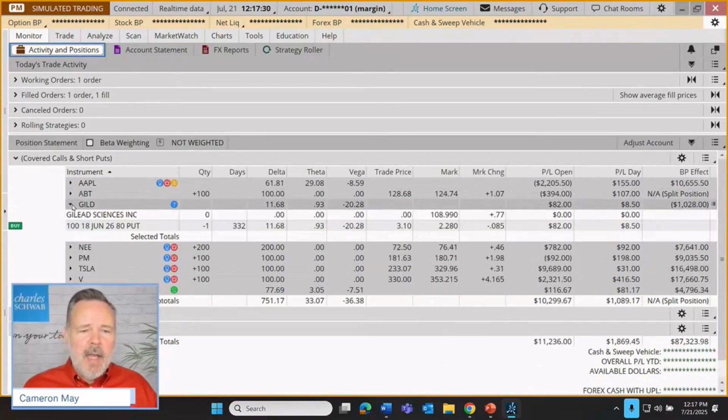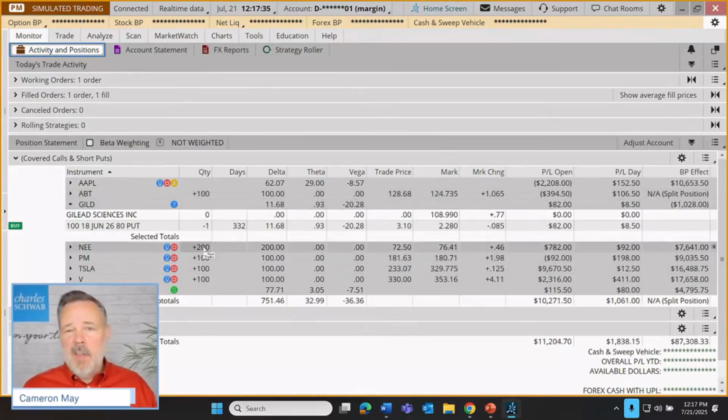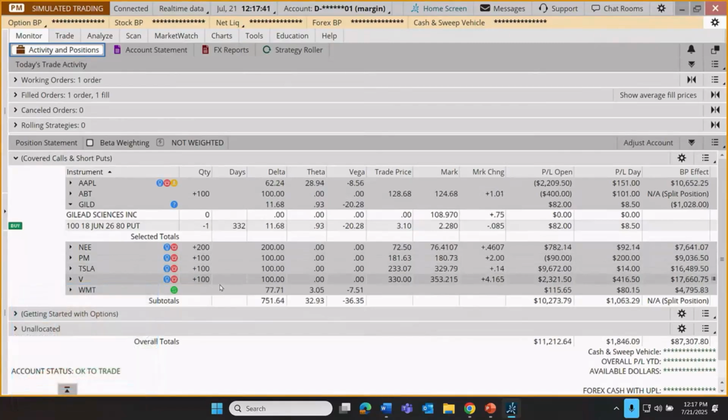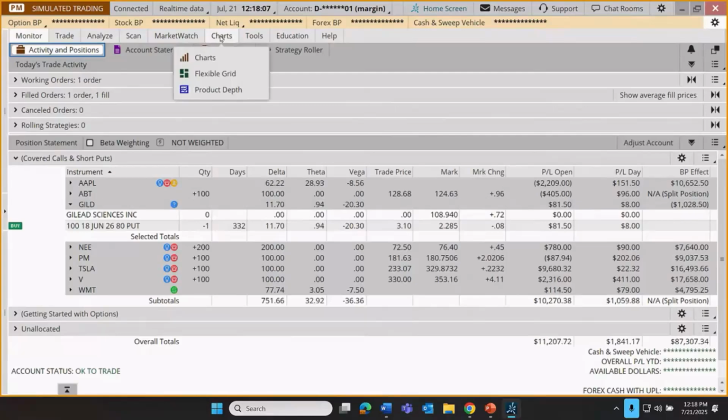Let's have a quick peek at GILD. The rest of these, there's 4 of these that also are just long stock positions. I'll give you a little spoiler alert. We're not going to be doing anything with these because we are in the thick of earnings season, and most of these, and all of these, have earnings that are just a few days away. So we're just going to put ourselves in the shoes of that trader who prefers not to sell covered calls over an earnings announcement. There are pros and cons to doing that, as we just discussed with Abbott in the first place. But yeah, that's what we're going to do there. But Gilead, this was our long-term short put position.